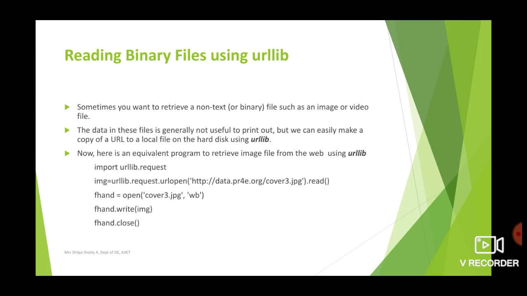So let us write to the file. What do we write to the file that we have opened? The image that we have requested by using urllib. Once we do that, we can close the file variable. So what we do here is we place a request to retrieve the file, then we create a new file, and we write the contents of whatever we have retrieved into the new file that is created.